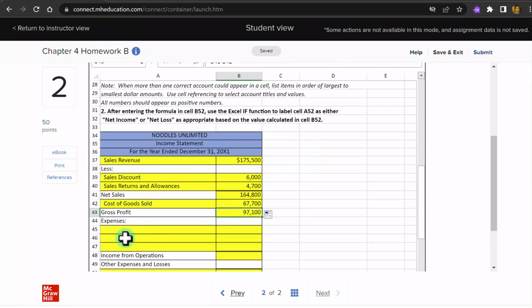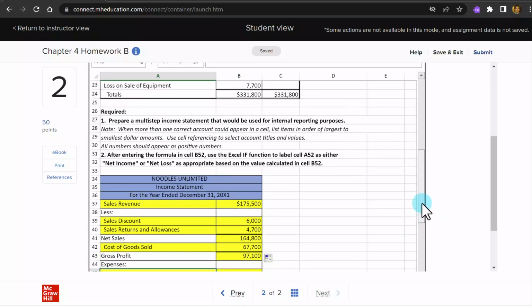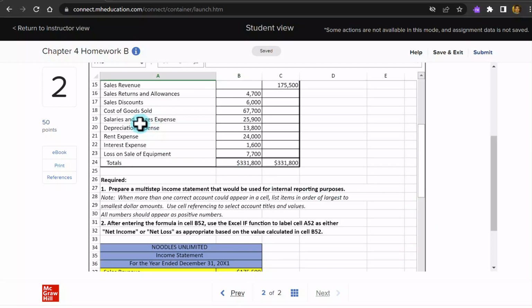Okay, so it looks like there's 3 expenses now I have to list here. Again, when you have bunches of the common items, you should be listing them in highest to lowest amount. So let's go and grab the label for the highest amount of expenses. Operating expenses would be these 3 right here, yeah? These other 2 would be miscellaneous, you put at the very bottom. Of these 3 here, you can see the first one has the highest amount. So let me grab that